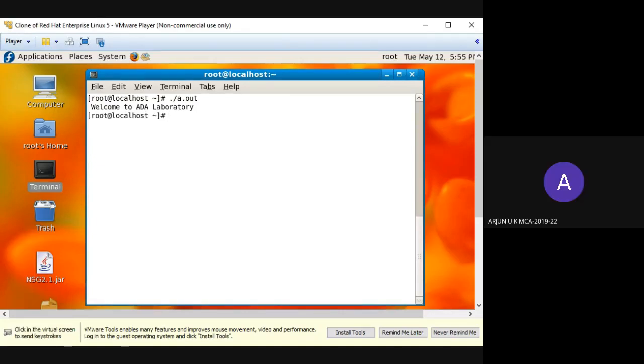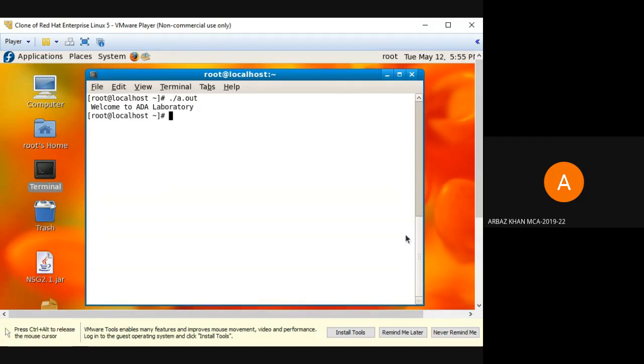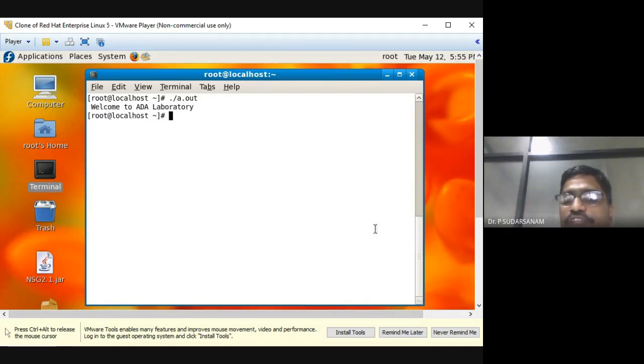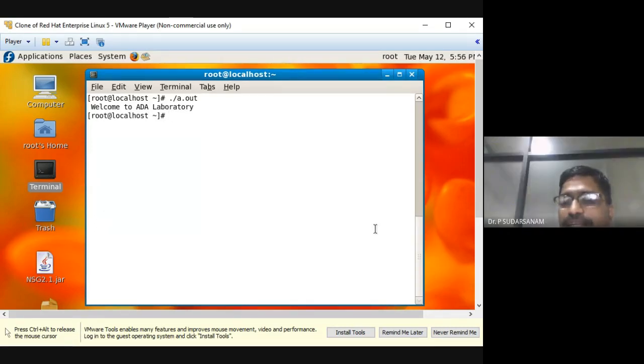Sir, I didn't get the question. For example, if I ask you to enter 1 lakh or 10 lakhs numbers for binary search, can you enter them? No, sir, we can't. Suppose you are doing your program, can you enter 5 numbers, 10 numbers to check the program? Yes, sir. Yes, maybe 20 or 30 or maximum 50.